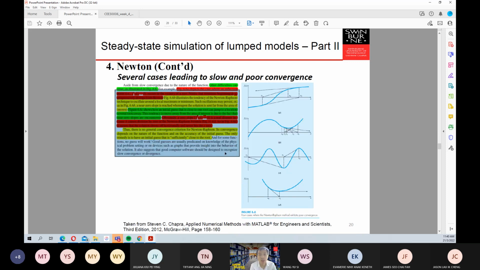Okay, so we have several other cases where, imagine we take this x0 in here and the slope will make us go to this particular point, and then from there the slope will make us go to this other particular point. So this is something that makes the application of Newton-Raphson very difficult. Basically all of these are related to the slope. If you are dealing with a slope value close to 0, then we will have difficulties when we use the Newton-Raphson method.